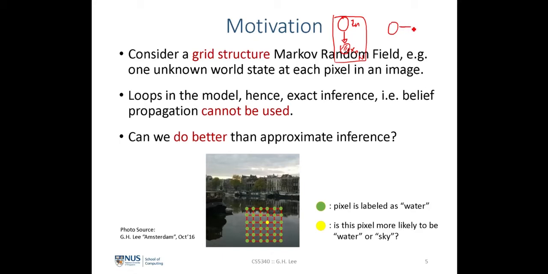This means that in this particular case, we have zn minus 1 influencing the state of zn, and both of them respectively have an observation, xn minus 1 as well as xn,